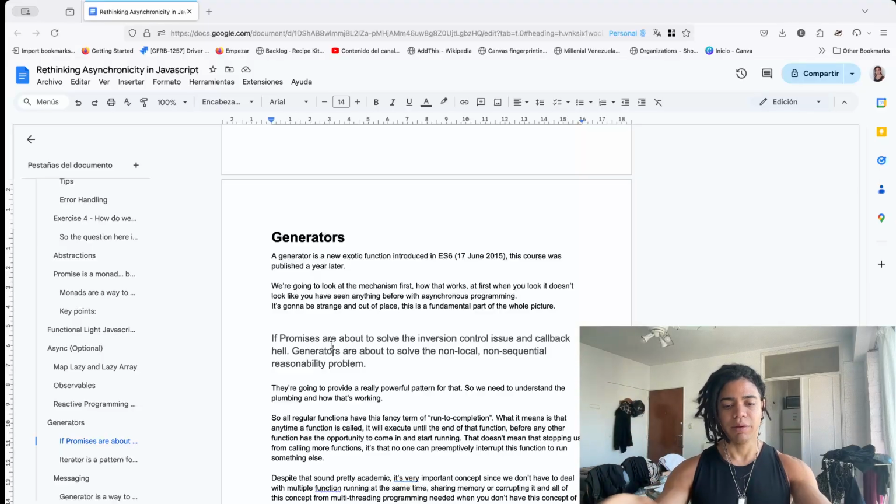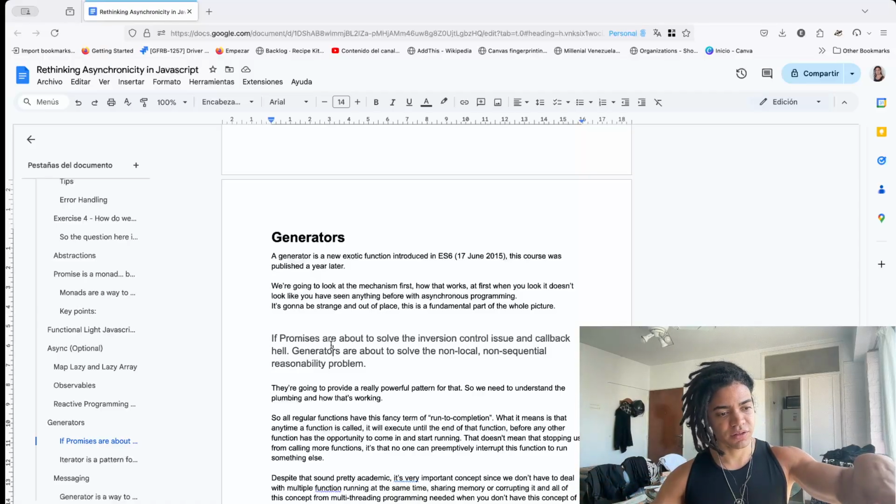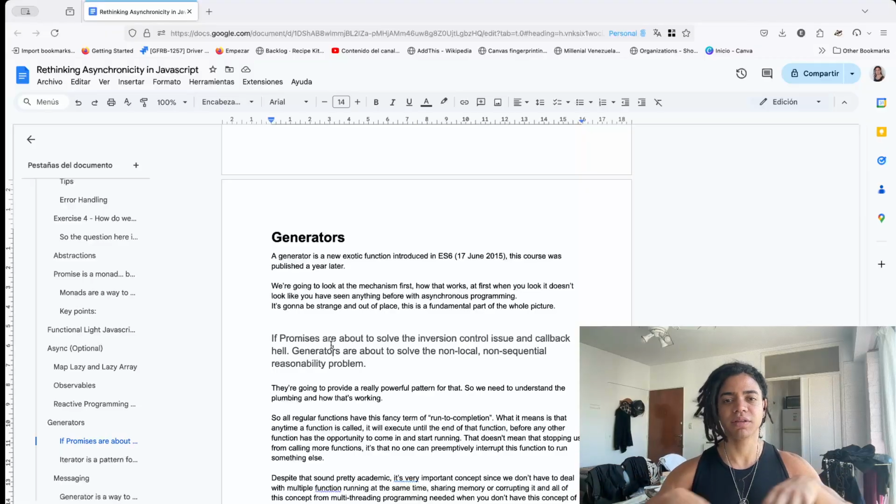So, for example, hey, I'm going to handle this stuff, and by the time that is done, I have these two other things that I want to do: if this is rejected, I want to do this, and if this is fulfilled, I want to handle this. You know, then things start to become a mess to think about and to reason about, not to mention that if you split that in different modules, then you have to do all of this non-local jumping. So the value proposition of generators is that